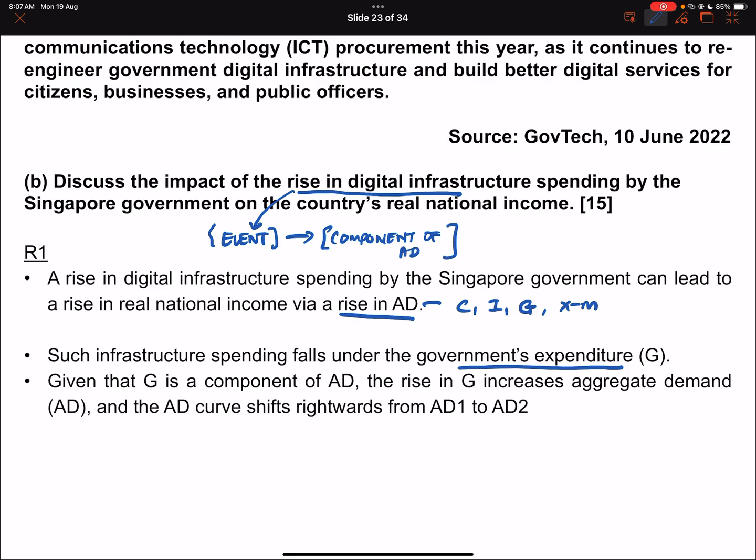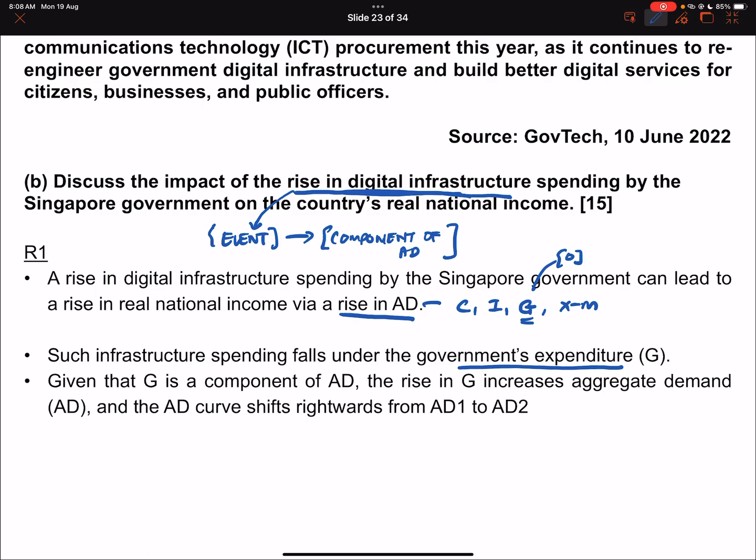Okay, so this is what this part is trying to do. You've got to identify and say, okay, what does this belong to? Like I mentioned to you, when I was going through all the factors of AD, I told you that G doesn't have any factor. There are 0 factors inside here, and the reason why is because if it's G, it's quite obvious. There's nothing to sort of deduce or discover.